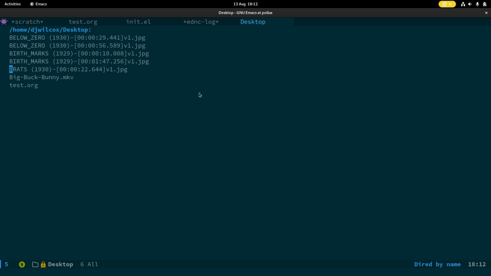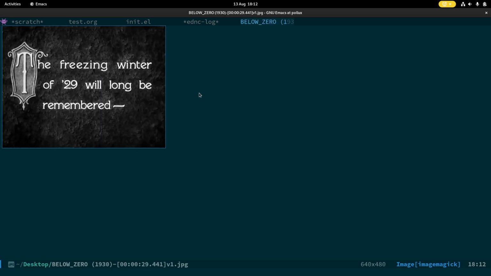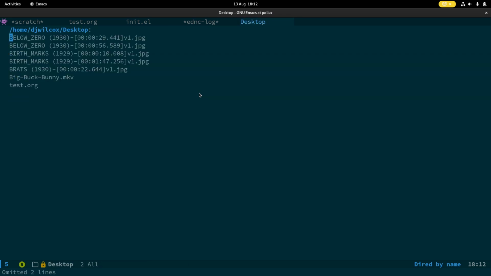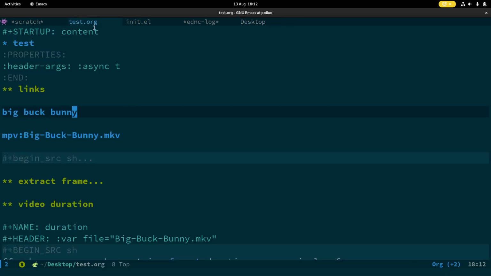And again, you can just come across here and you can actually just copy this. You can basically copy the time code from these stills, and as I showed you, you can actually stick them in an org file and jump to those